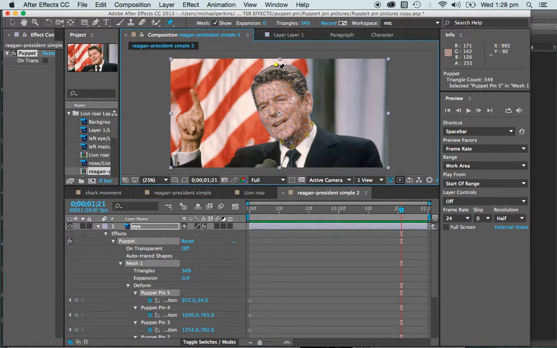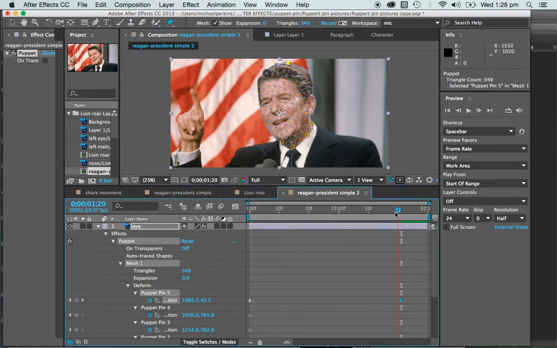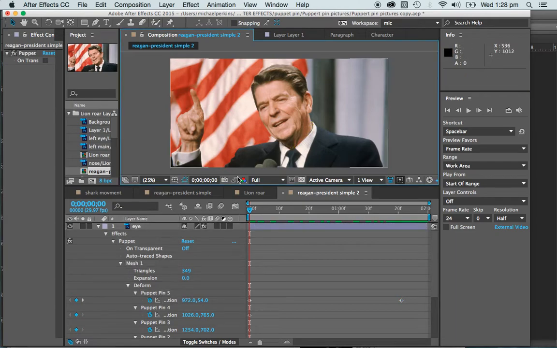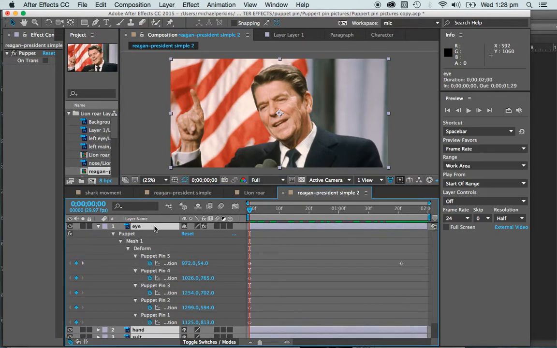Clicking off, clicking back on, and now I can just get a subtle movement like so. It's going to be a fairly subtle movement. You don't really want to overdo it unless that is the kind of thing you're going for. Okay, so that's that piece there. I'm not too unhappy with that, so I'm just going to select all and press U on my keyboard to